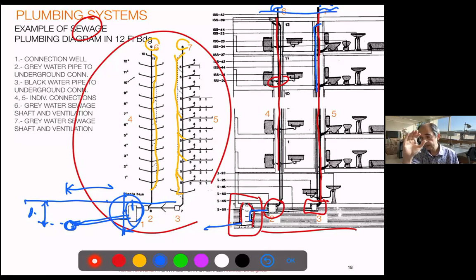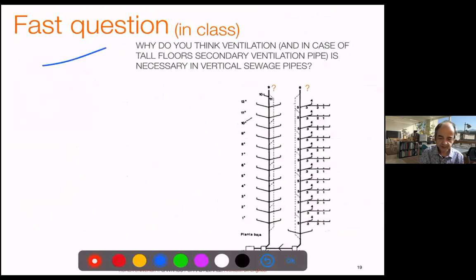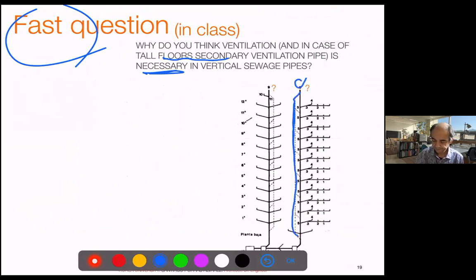So you have to make it far away or protected from other ventilations which will bring the air to the rooms, to the houses, right? Especially if you have mechanical ventilation. This is a first question that you have to think now in 1 minute. So what is the need of this ventilation of this secondary pipe? Now, think 1 minute. What do you think we need it? And that completion I have in one pipe in parallel.